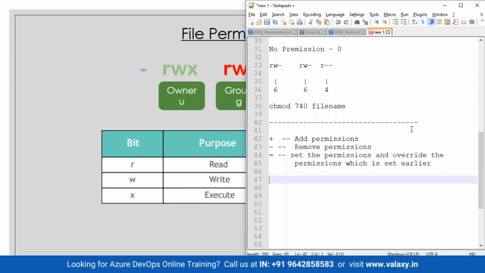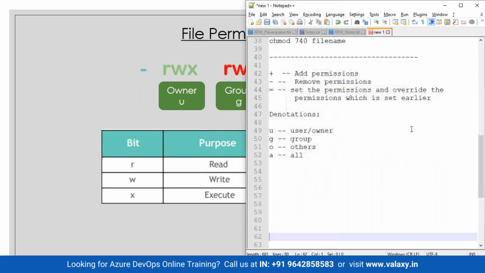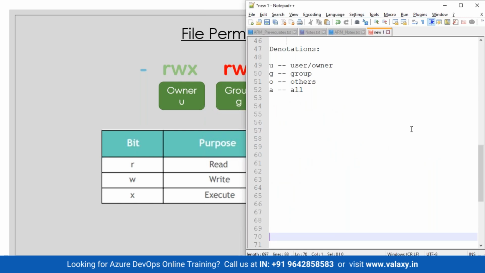Okay, one more thing to understand symbolic. There's one more table you need to understand, how the denotation happens in symbolic. Small u stands for user and owner. Small g stands for group. Small o stands for others. And small a stands for all. So if you want to change all permissions at once, a is the option which you can use. Okay, now how do we